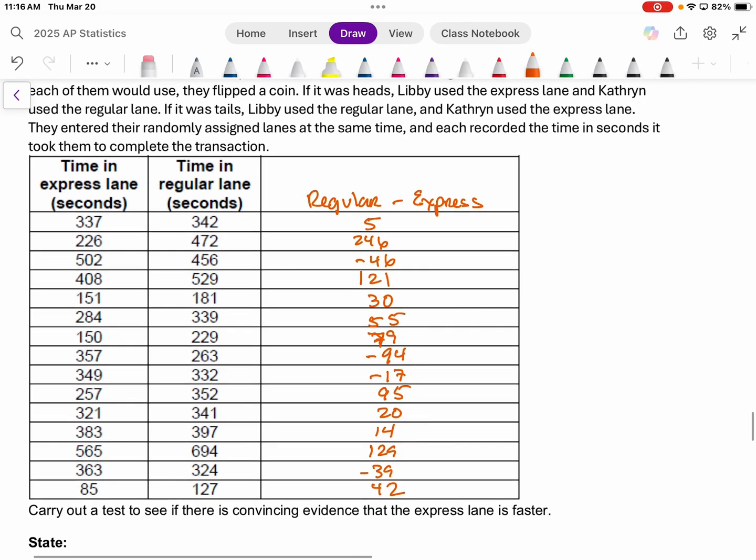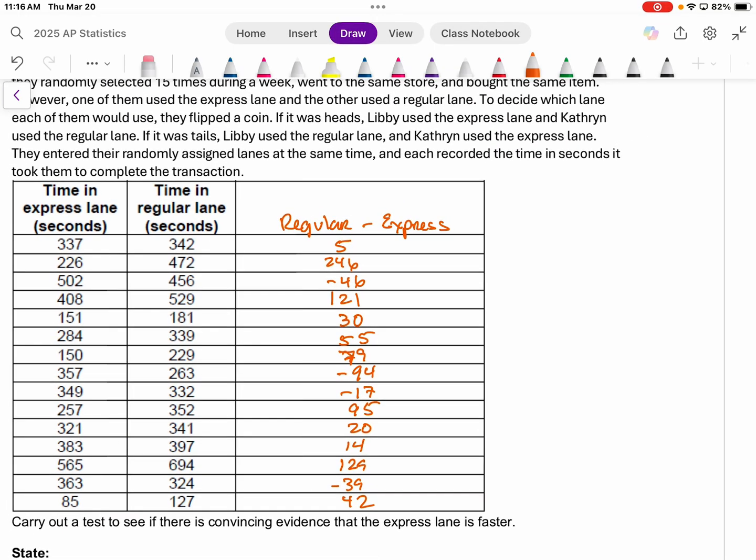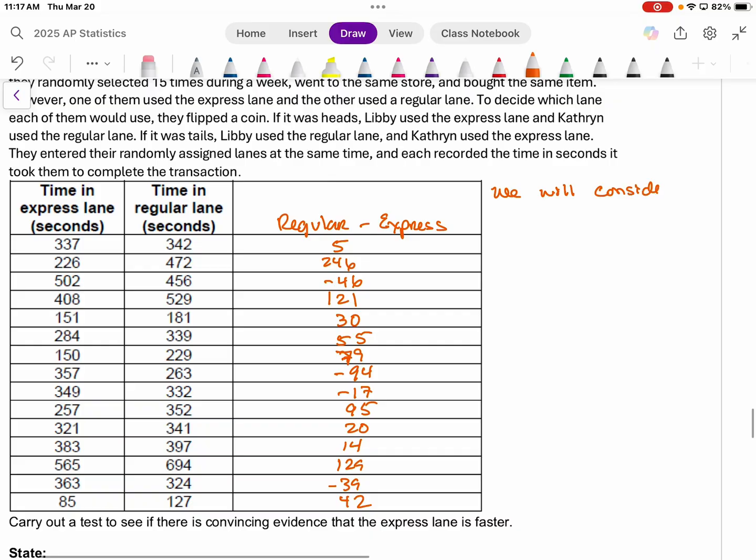All right, and again, as I put over here as a little note, I didn't read the whole paragraph just because we're close on time. So if you're re-watching this video, just pause it and read it. We will consider the difference in time, and we're doing regular minus express. So a positive value